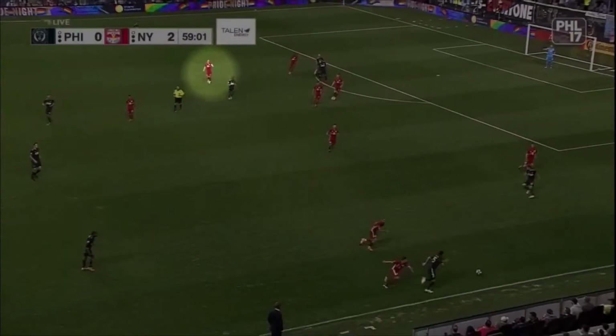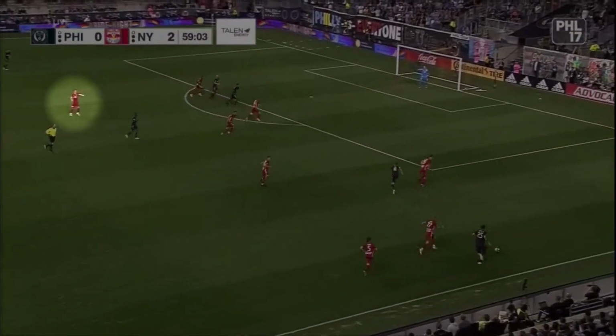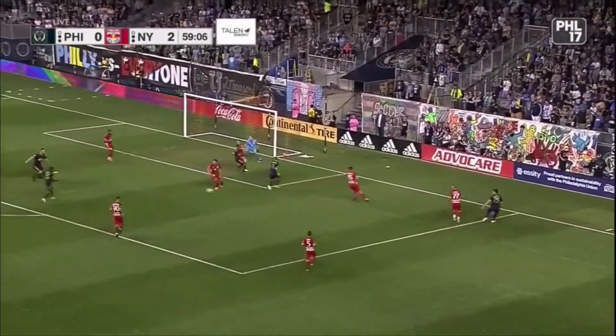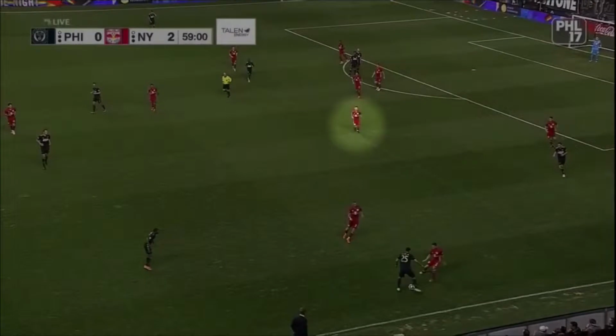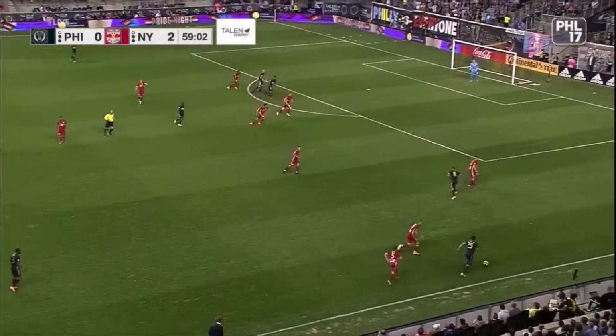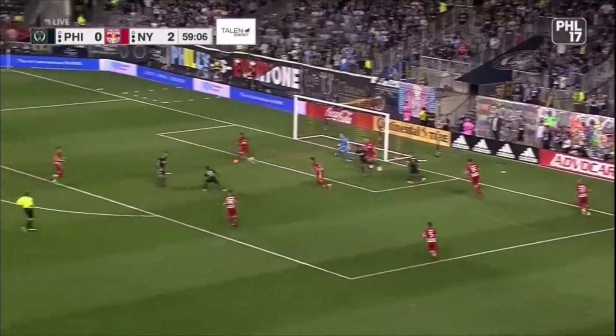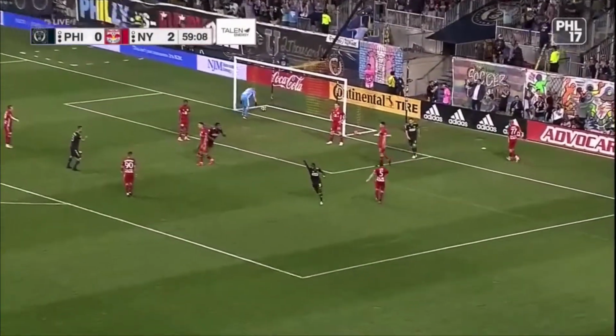Right here, you can see Alex Moyle pointing to the soon-to-be goal scorer, indicating that he needs to be picked up. The other center mid, Chatowski, could maybe have moved to cover as he isn't doing much right now, but in reality, I think it should be Moyle who sticks with Montero, as he's really the only one who can see and pick up this run. He assumes Davis will deal with it, but as we saw, Davis moves to the near post to help his